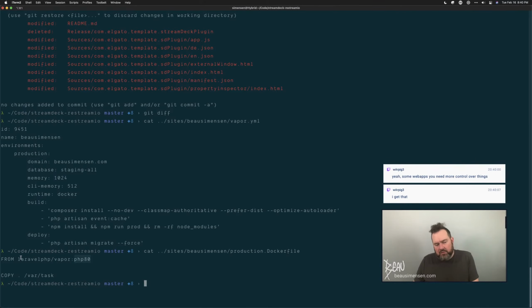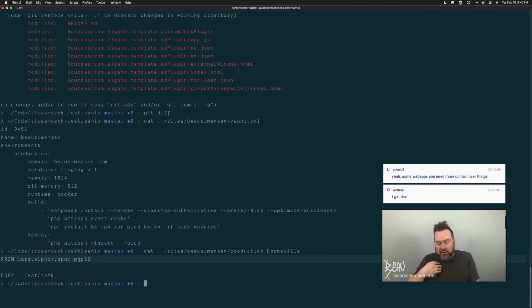So if somehow the Laravel team changes what Vapor PHP 8.0 is tagged as, maybe they removed a dependency somewhere or add something new that conflicts with something, that would be an issue, because the next time someone visits my website after that, they're going to fire up a brand new instance of the container using the brand new image that they've built,